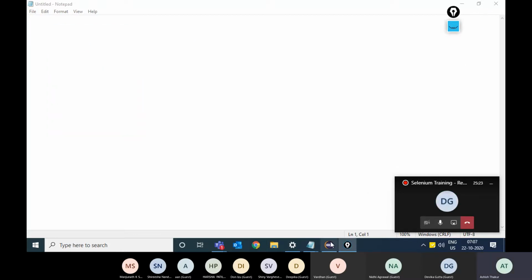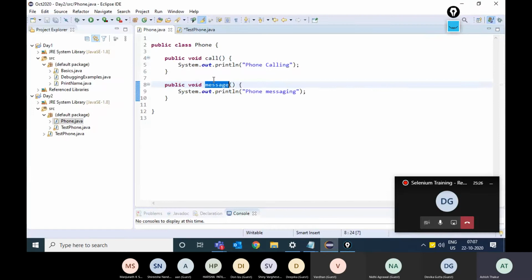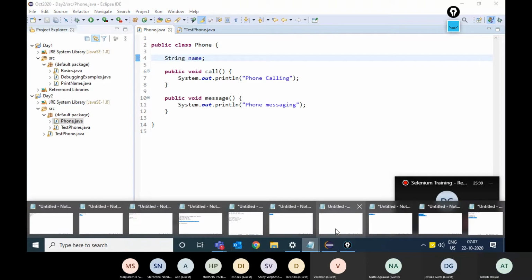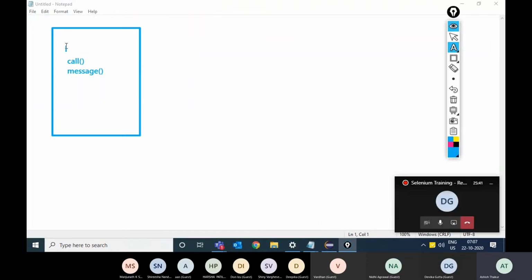If you have any variables in the phone class, suppose I have the variable string name of the phone, then this particular object would also have the variable name. But this object cannot be accessed. It is just lying there in the memory.